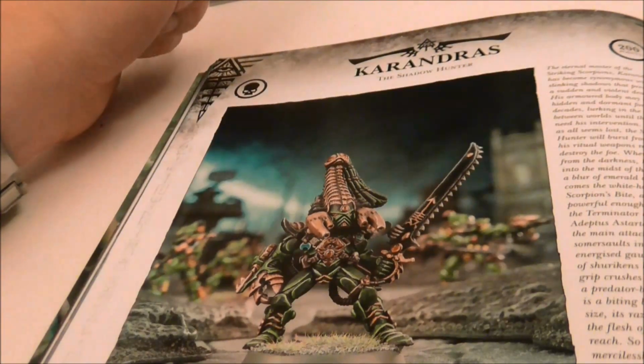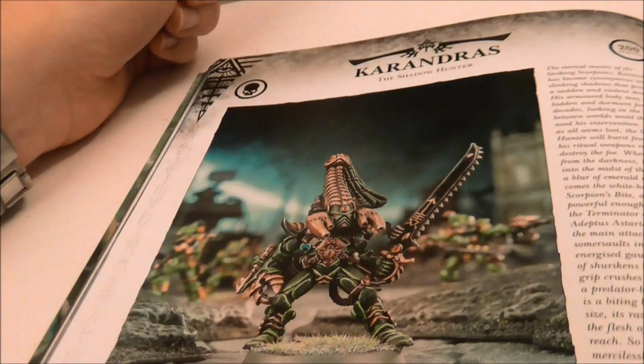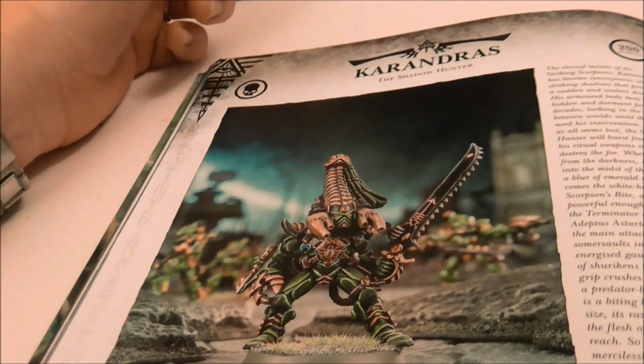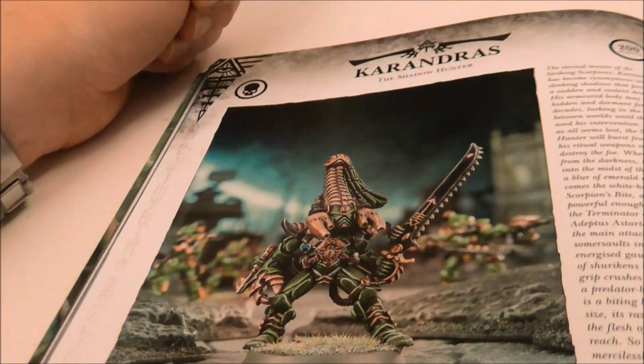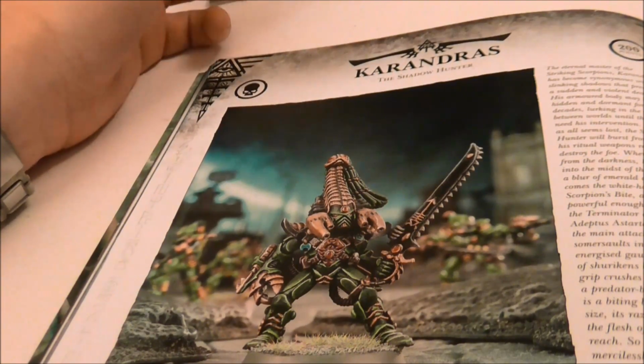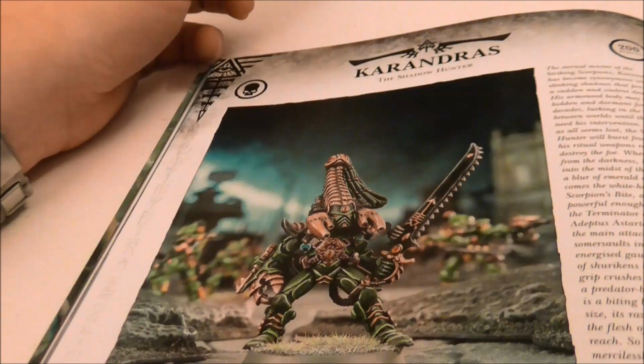Kradris is a major beatstick. Now he actually dropped in points by 30 points. One of the biggest drops I've seen in a while. And he's gotten better, which is the fun thing. He's got the same stats, same equipment as everybody else, as in Phoenix Armor, Fleet, Eternal Warrior, Fearless. But he also gets Infiltrate, Move Through Cover, Night Vision, for some reason, Stealth, and the new